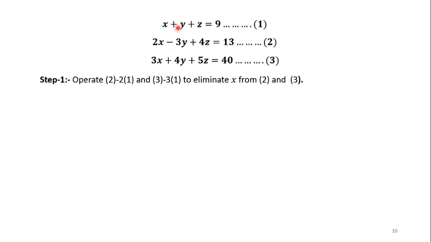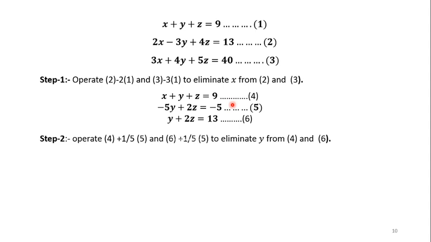This means we are using the first equation for the second and third so that our x is eliminated, x gets cancelled. So from 2 and 3 we come to this. The first one is the fourth one, we call it equation 4, the second one we call equation number 5, and the next, the third equation, modified with the help of the above transformation, we call 6.